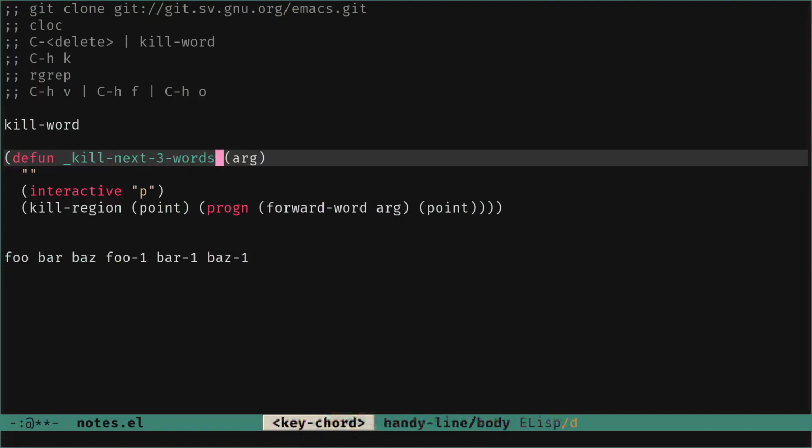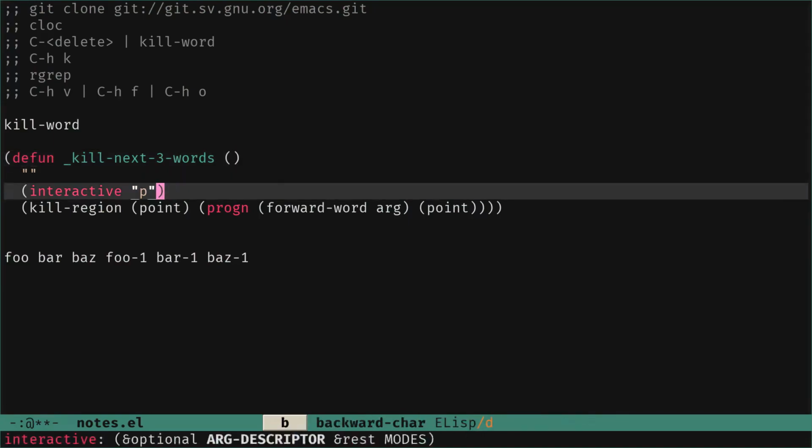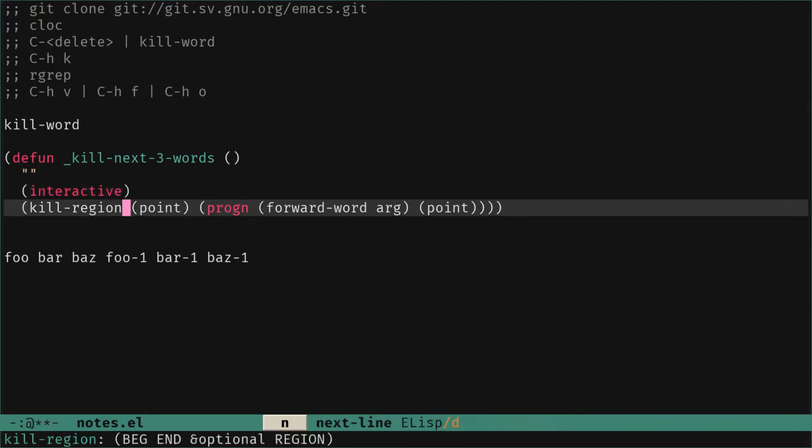Okay, so it's just to see how you can really, you have an idea, your code already exists, pick it, try to understand a bit, but you don't have to understand every part. Arg, we no longer want arguments because we say no argument. We remove this one. We are going to kill the region.